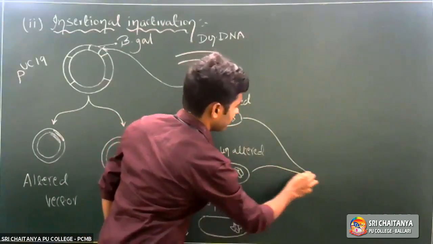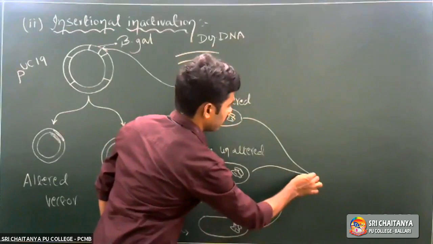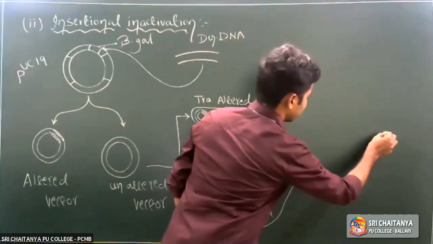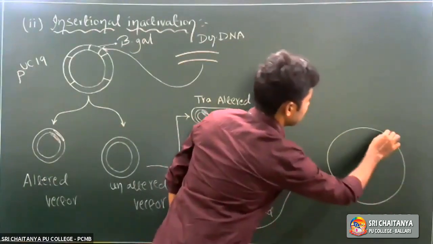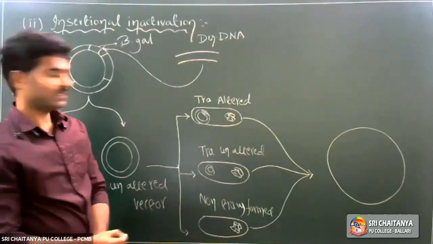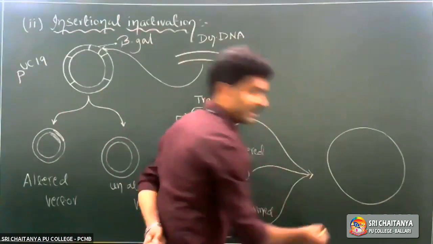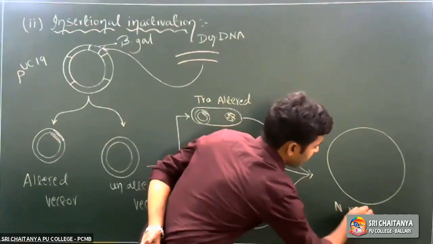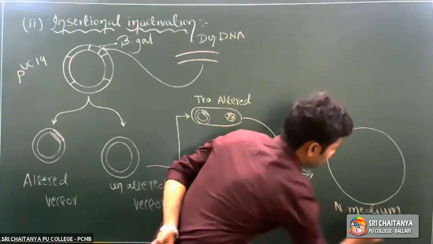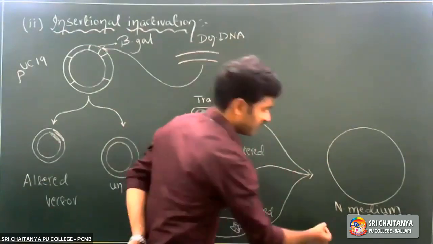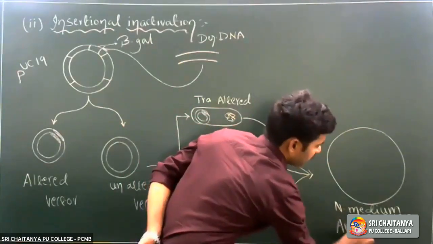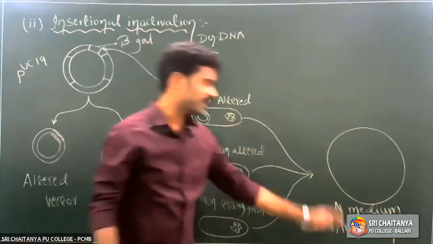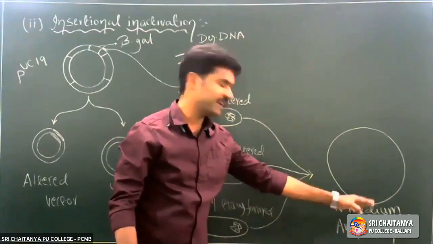bacterial cells, are transferred into the X-gal medium. It means these three types of bacterial cells are transferred to the Petri plate or Petri dish, which contains X-gal medium. Otherwise, better to take agarose medium first. Nutrient medium plus another one, ampicillin. Right? See here, it is nutrient medium plus ampicillin antibiotic.